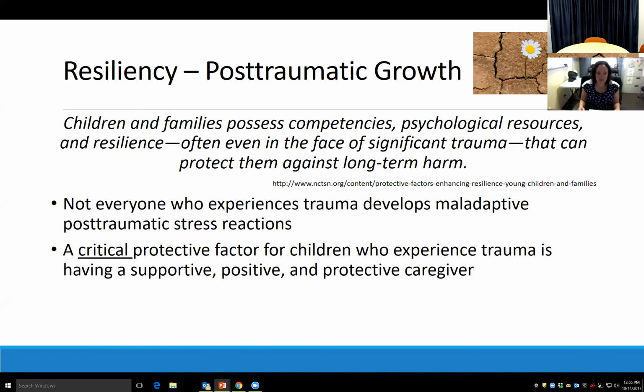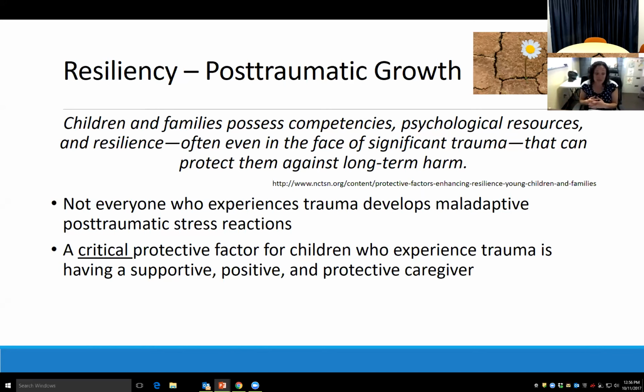Most people don't come to behavioral health and say, well, I had a trauma, but I'm doing really well, and I just wanted to come anyway. Usually they're coming because they're having all these difficulties or piecing together the whole puzzle of what has gone on in their life. So it's important to remember that and use that as motivation to kind of help this individual